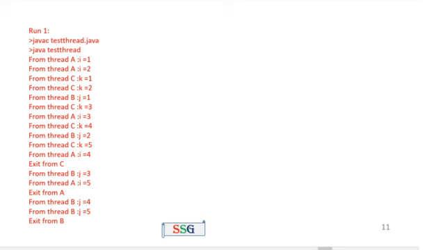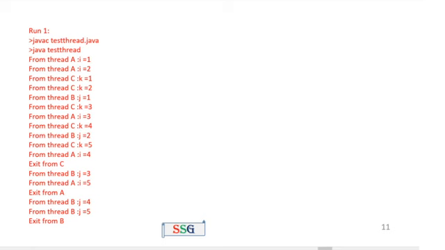In this case, first of all the processor prints the A value two times: i equal to 1 printed, i equal to 2 printed. After that the processor switches over to the third thread. From thread C, k equal to 1, k equal to 2. The next time the processor again switches over to B, j equal to 1. Next switch over to C, next A, next C, B, C, A. Like that, automatically the processor switches from one thread to another thread in a random fashion, not in a sequential fashion.